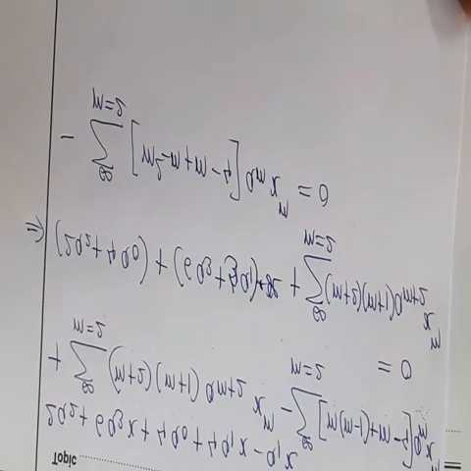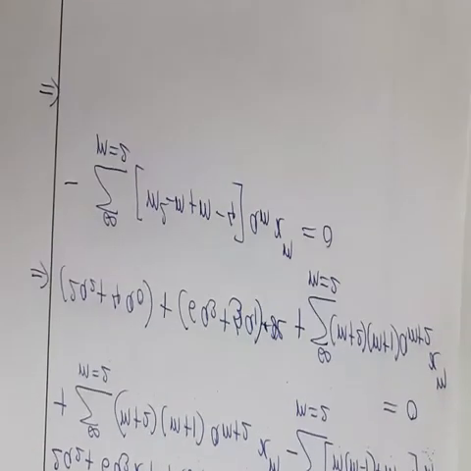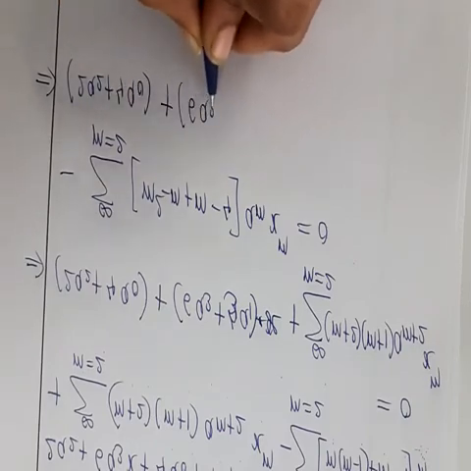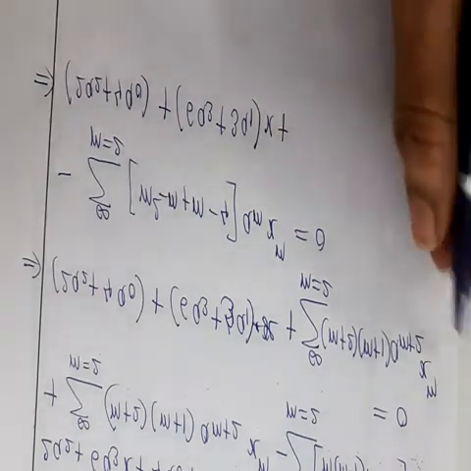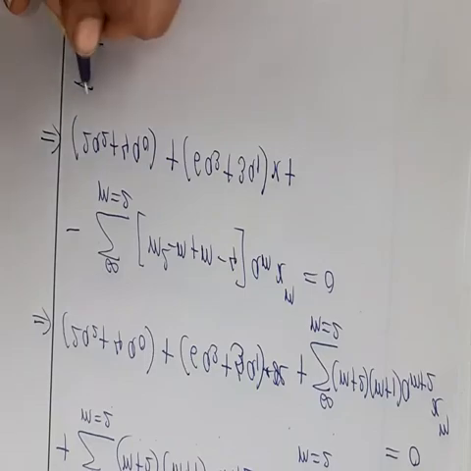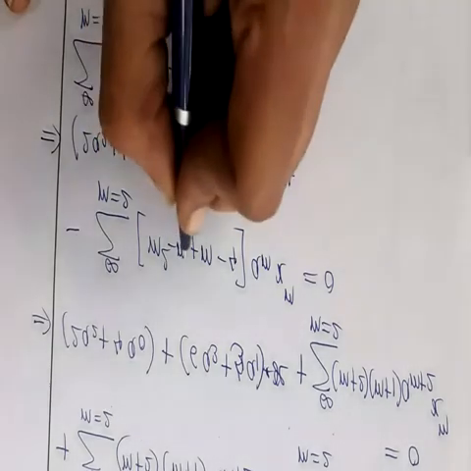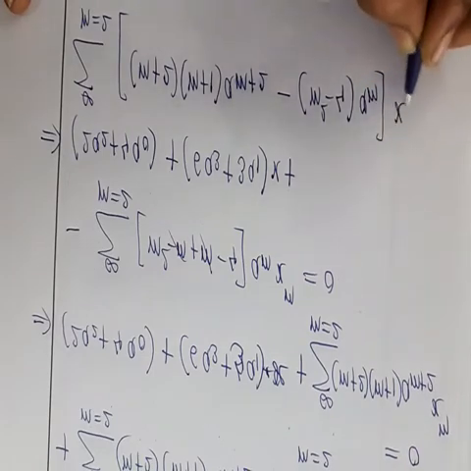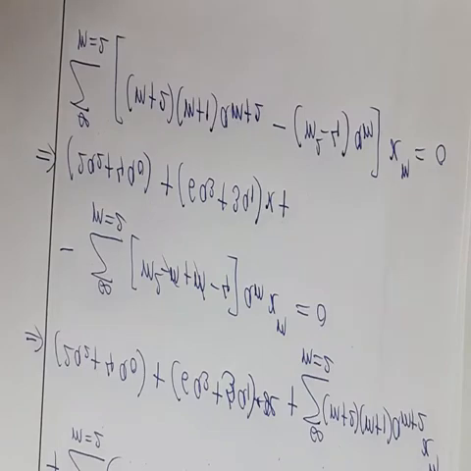So this is 2a0. Now equating all the terms, first we write one more step here, which is (2a2 + 4a0 + 6a3 + 3a1) multiplied by x, plus, now combining all powers of x to the power m, the summation from m equal to 2 to infinity of [(m+2)(m+1)a_{m+2} − (m² − 4)a_m] x^m is equal to 0.